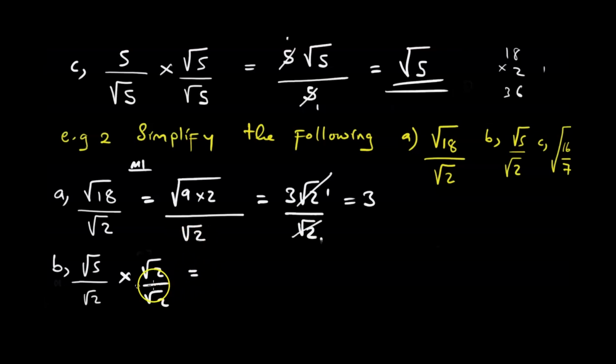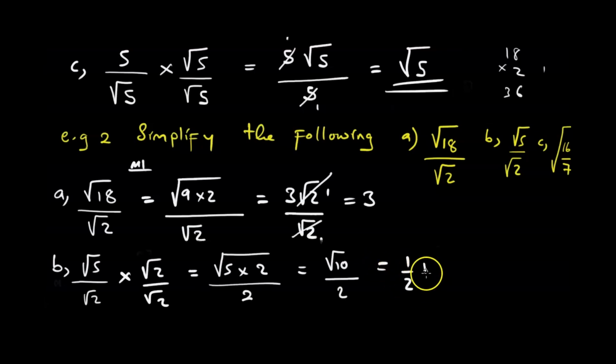So here, this is equal to the square root of 5 times 2, right? Over here it's equal to 2. So this is then the square root of 10 over 2, and that becomes our final answer. We can write it as half of the square root of 10, but it's unnecessary. Writing it simply is better, as we might confuse ourselves by writing it in this way. So if we leave it so, we have done it, my friends.